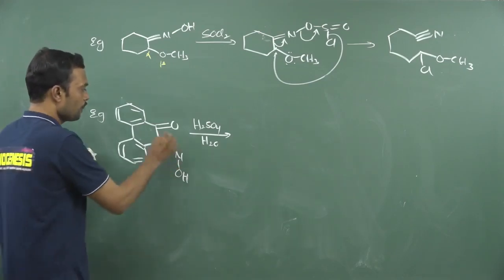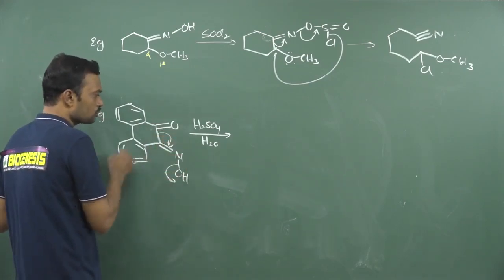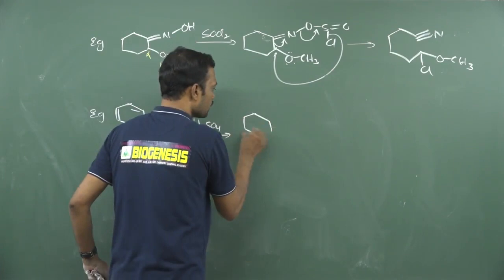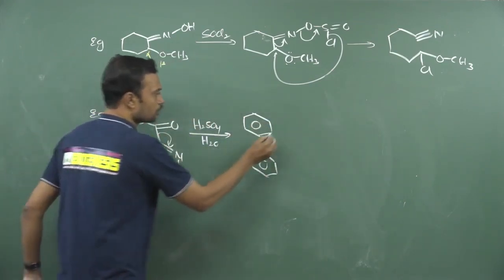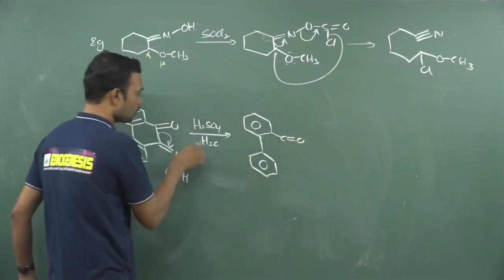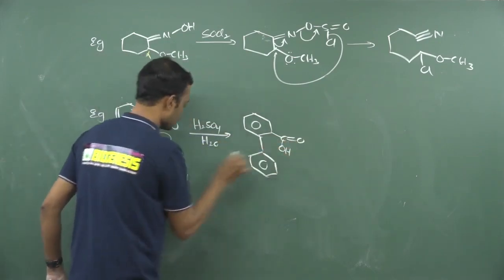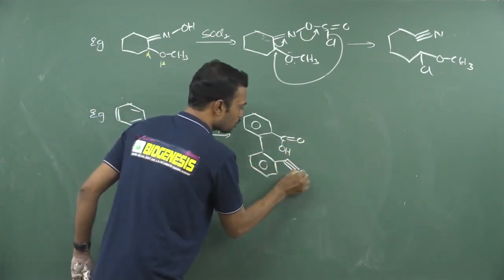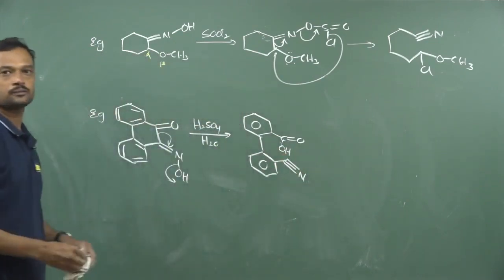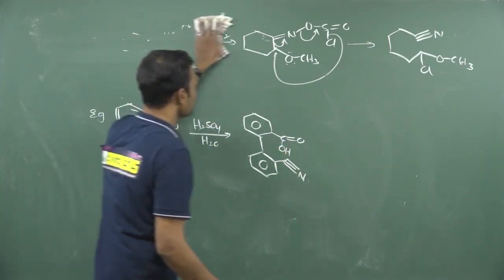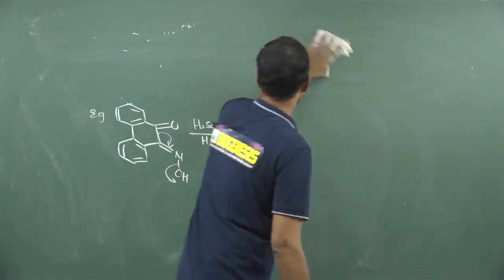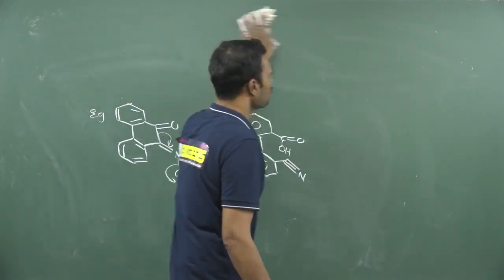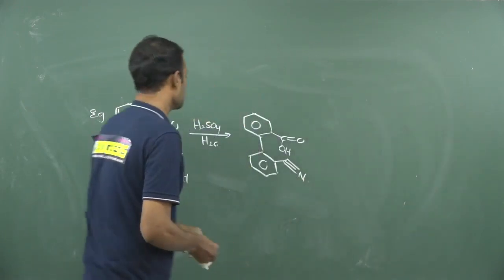Now what happens? See, this will migrate here and it will eliminate out. Finally, here there is a formation of C double bond O. This gets connected to the hydroxy group. This water molecule will attack here. Finally, you will get OH, and see this carbon-nitrogen, a triple bond formation will take place. Very easy reaction. The only thing is you need to remember abnormal Beckmann. Simple reactions they won't ask. They will definitely ask abnormal types of reactions only in your exam.